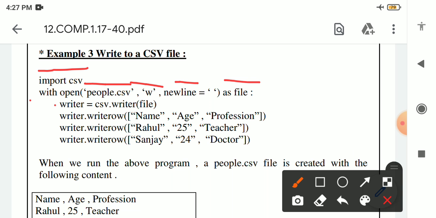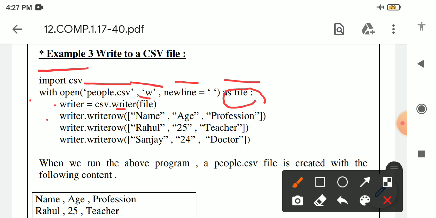In the next line we will create one variable. The name of the variable is writer. Then assignment operator, then csv.writer. Inside writer we will write file, which is the file object. So inside the writer function we will write file.